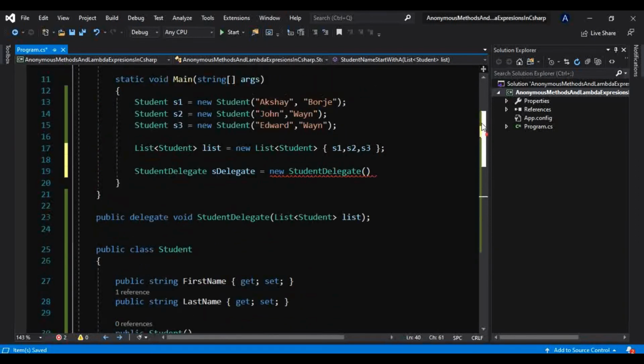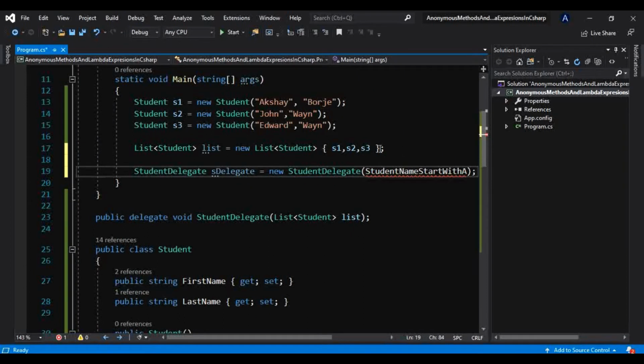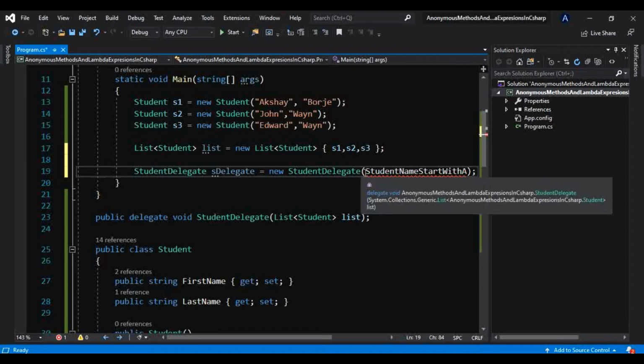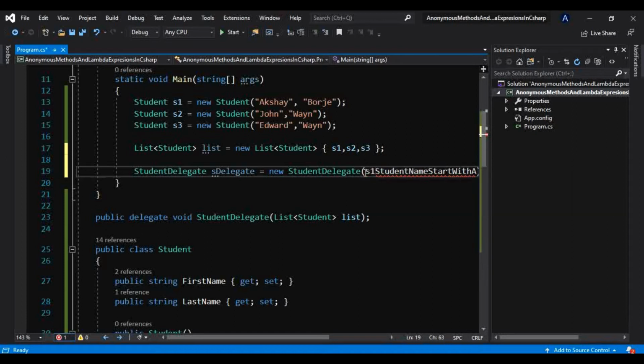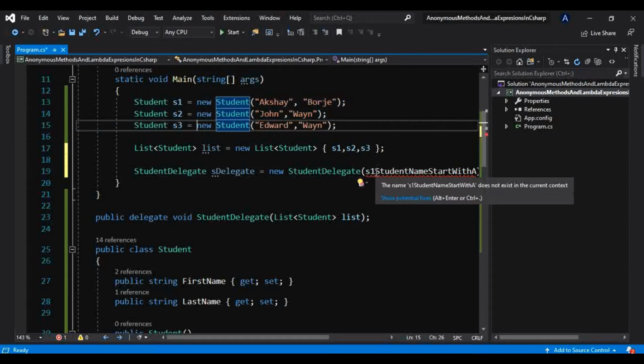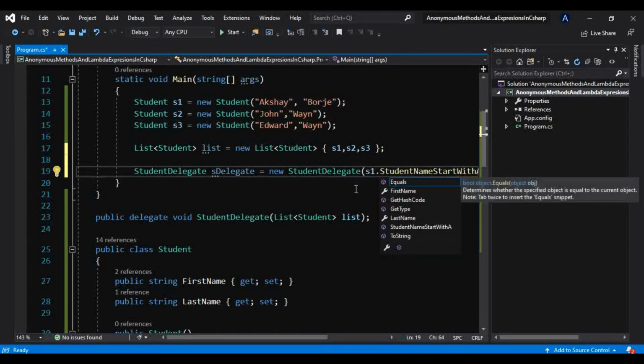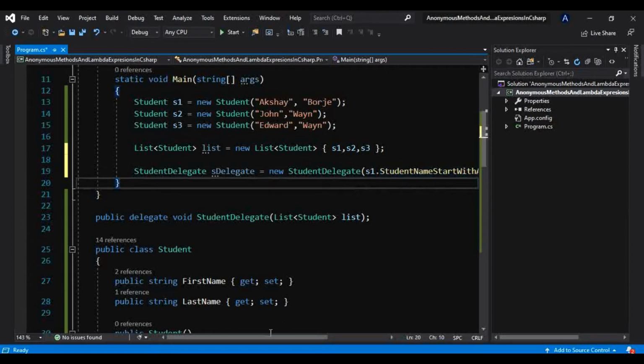So that is why we can pass that here. It is an instance method, so we have to call that onto the instance. We have created these three instances here, so we can use one of them. I am using this s1, so s1.StudentNameStartsWithA.